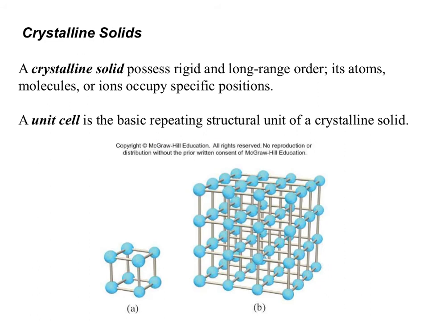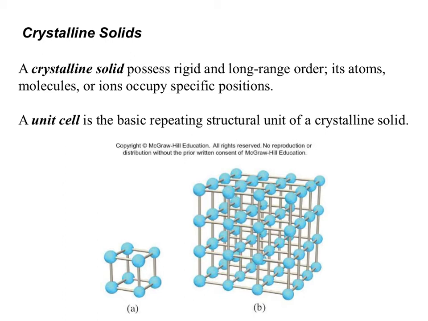A crystalline solid possesses rigid and long-range order. Its atoms, molecules, or ions occupy specific positions. A unit cell is the basic repeating structural unit of a crystal solid. So if you look at the crystal, you break it down to the smallest possible unit that repeats itself, that will be your unit cell. Just note that the unit cell is not necessarily just one single atom. It will be a cluster of